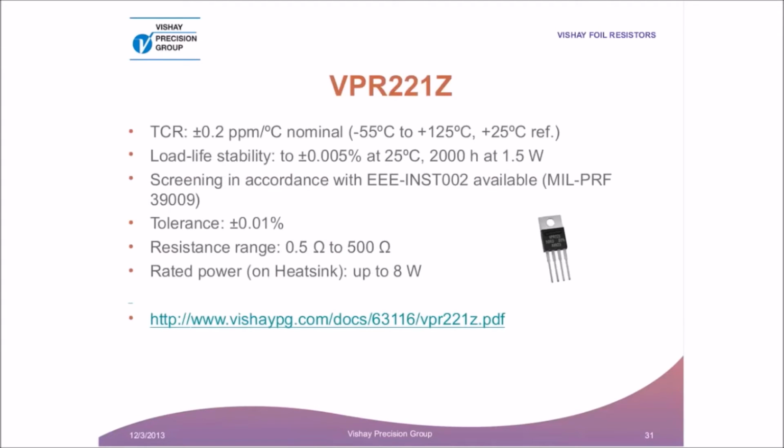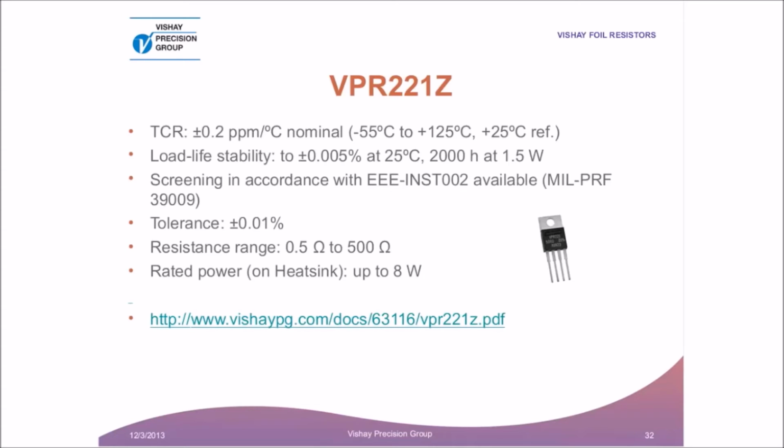So in addition to the current sense new generation products, we have obviously a range of standard current sensing resistors, and I'd just like to take a few slides to highlight some of the key products that we have. The first one is the VPR221Z. As you can see, this is in a leaded package, again 4-terminal, with a very low TC of 0.2 ppm. It's rated up to 8 watts on a heatsink in a wide range of resistance values from 500 milliohms to 500 ohms,